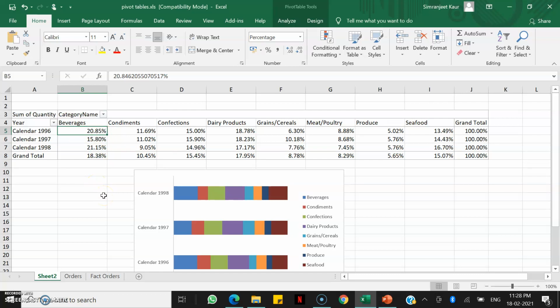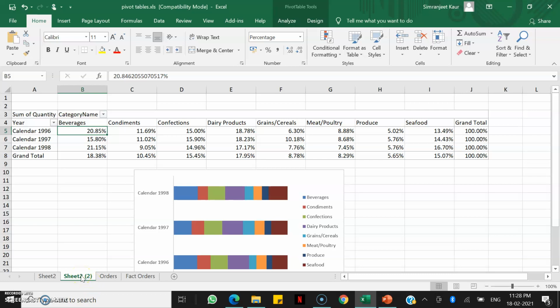Now this is just one piece of information that we have got out of it. Similarly, we can formulate n number of tables and charts out of pivot tables, where n is infinity, right? So let's form another sheet. I'll just press Control and click here, and when this sign appears I can leave it. So I've essentially created a copy.